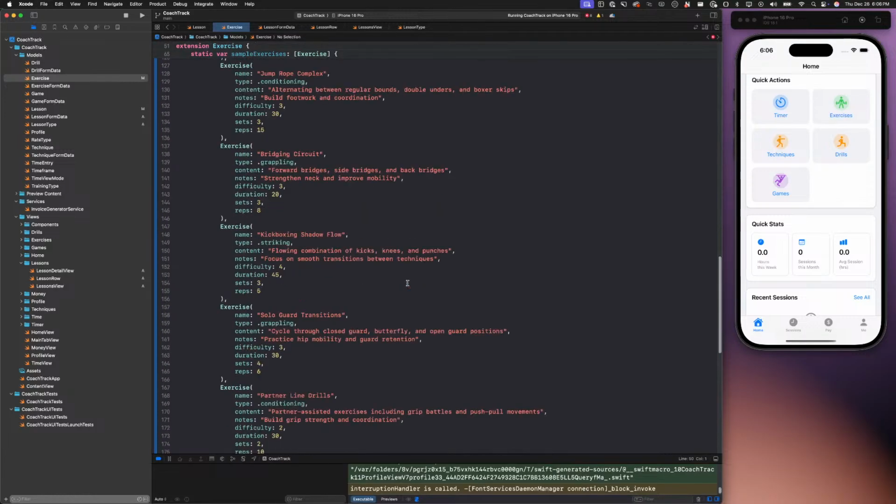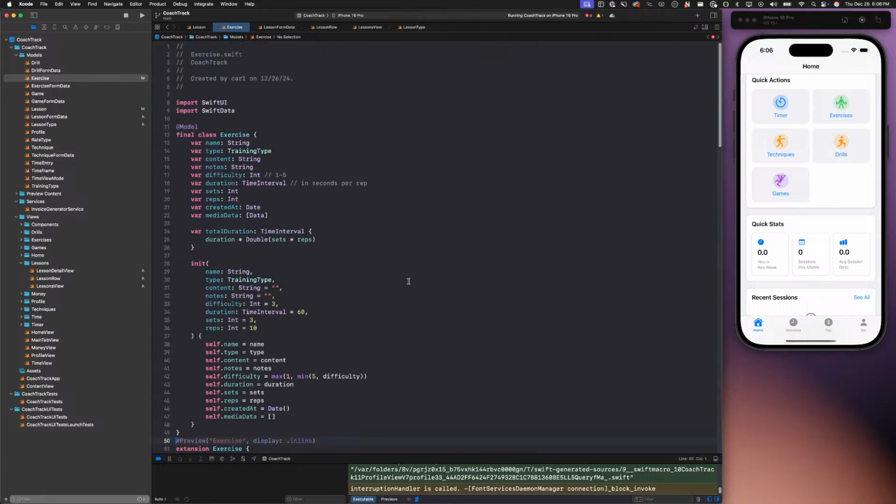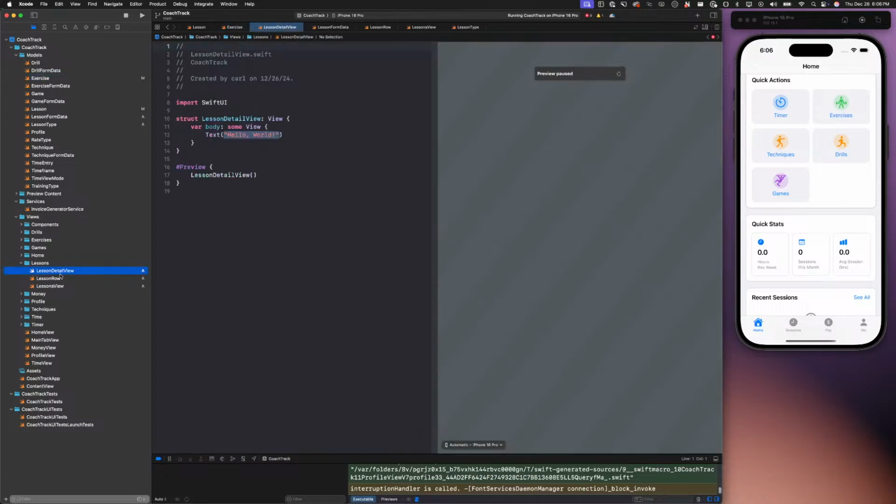There we go. We got some good sample data. Now we can come back to